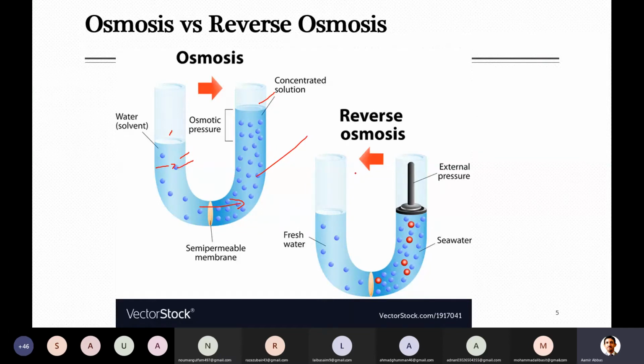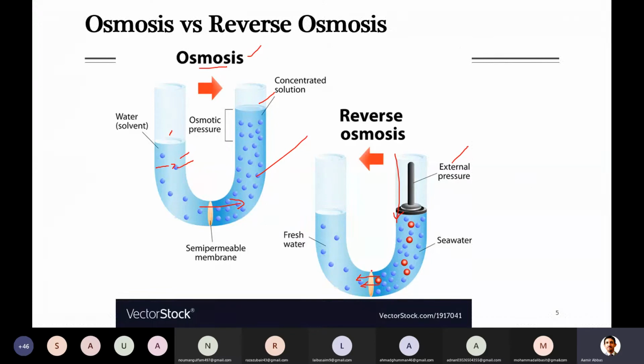Our purpose is to go for reverse osmosis. What does it mean? It means you have to create such a phenomenon that you can reverse this phenomenon of osmosis, which is a natural phenomenon. So in order to reverse this natural phenomenon, definitely we will need some external force, and that force is the application of external pressure. Here, if we apply the pressure on this side where there was the concentrated solution, what will happen then? In this case, through this membrane the flow of the solvent will be reversed.